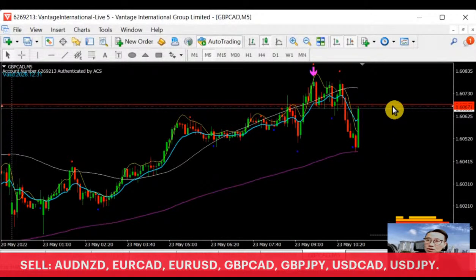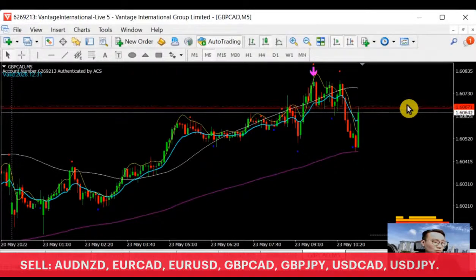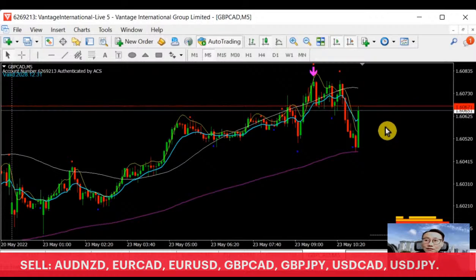This is the support which became a resistance. Can you see the support? Tested, broke, and became a resistance. So it's a matter of whether it will break the resistance. If it doesn't break the resistance and forms a new selling candle, then I guess this is good to sell. However, looking at this green candle, so high up, so strong,